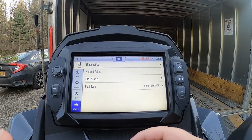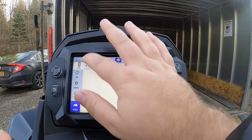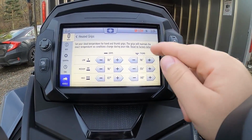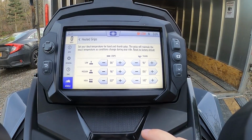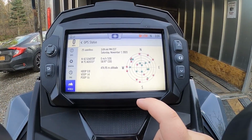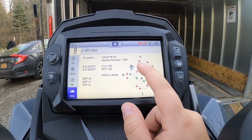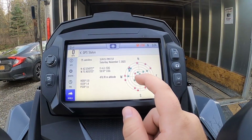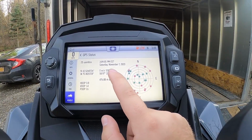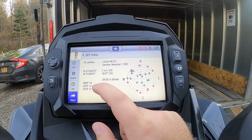And then we come down here to the vehicle, and it's the same thing. You can come in here and do diagnostics, which the sled has to be running for the diagnostics to pop up. Then, once again, you have your heated grips that you can completely adjust. And then down here you have your GPS status. This will give you your longitude and latitude, exactly where you are, and this shows you all your satellites of where you are. And then it tells you the Saturday, the date. I'm not sure what these numbers are, but